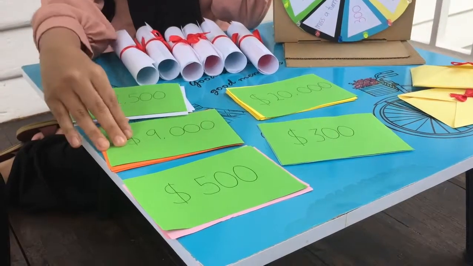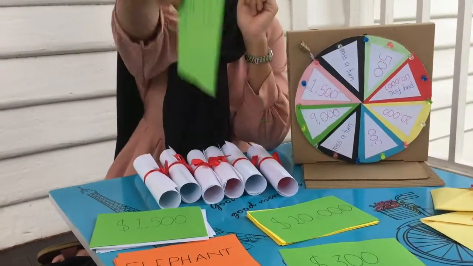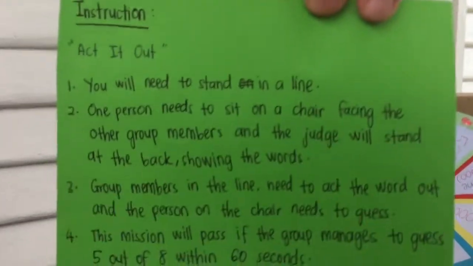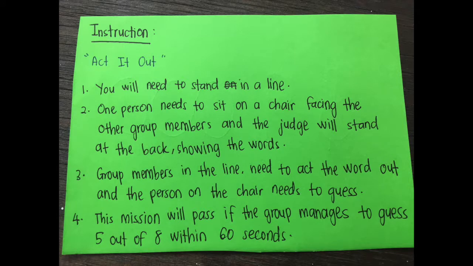So next is the 9,000 Juta Ringgit mission. So this mission is called Act It Out. The instruction for the mission is you will need to stand in one line. One person needs to sit on a chair facing the other group members, and the judge will stand at the back showing the words. Group members in the line need to act the word out, and the person on the chair needs to guess. This mission will pass if the group manages to guess 5 out of 8 within 60 seconds. The first word is